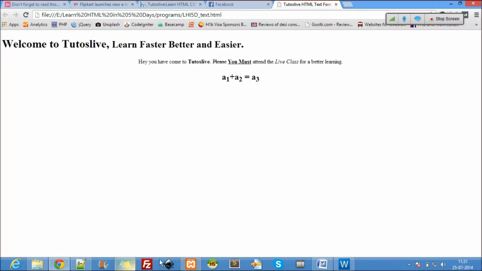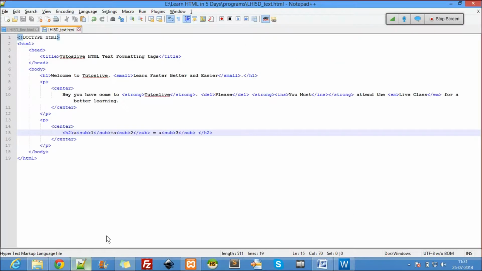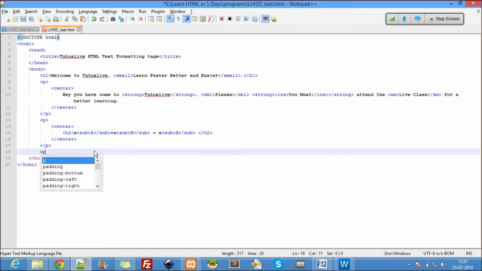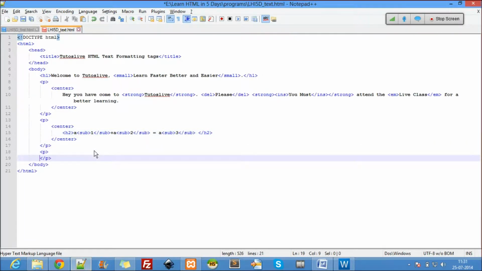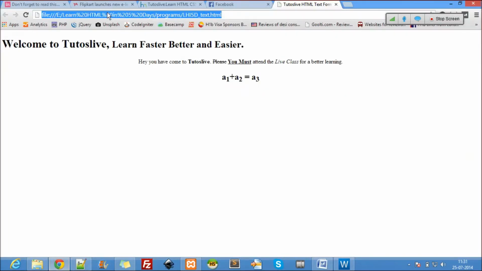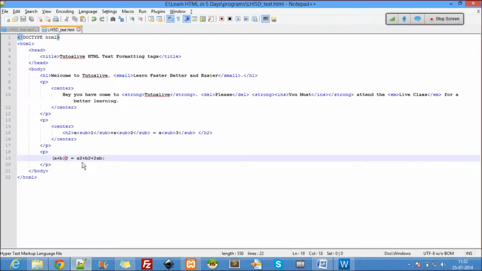And you also see something in your mathematics again. Let me use another p here, another paragraph. Sometimes way back you have seen this: a plus b whole square equal to a square plus b square plus 2ab, right? Did you guys see this? I don't remember the class, but this is not the exact way. I said square, and square means it should appear over the top. So how do I do it? I do it using sup, superscript.